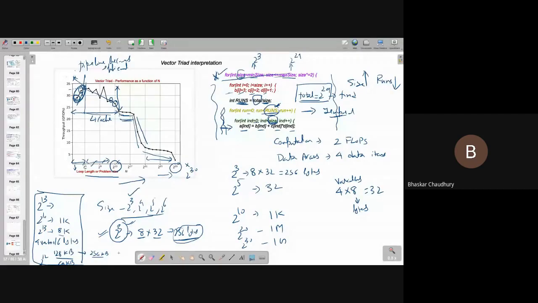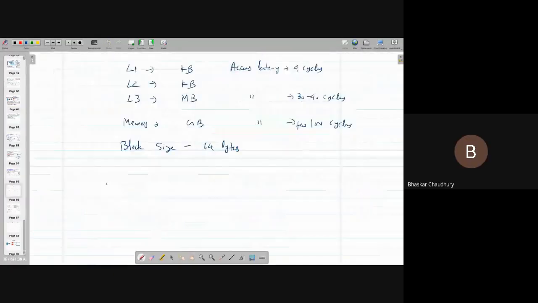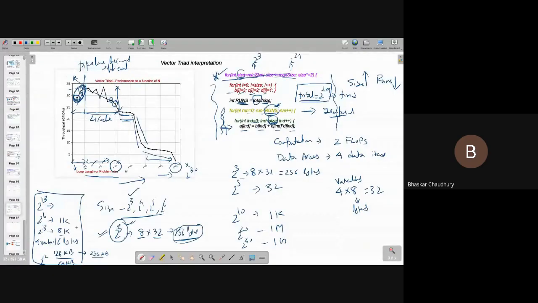So this is very, very important. This can be interpreted only when it is supplied with your architecture information. If you give me all this information, I can easily interpret this plot. But the important point is the approach to interpret this plot. The approach is that I have to look in terms of the size of L1, L2, and L3, and every time I go beyond a memory level, there is a huge drop in performance. Huge means really huge, because you can see here it's 5, and if you are within L1, L2, you are almost at 25. So it's like 5 times.